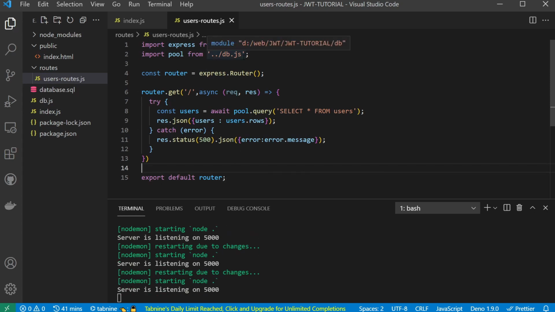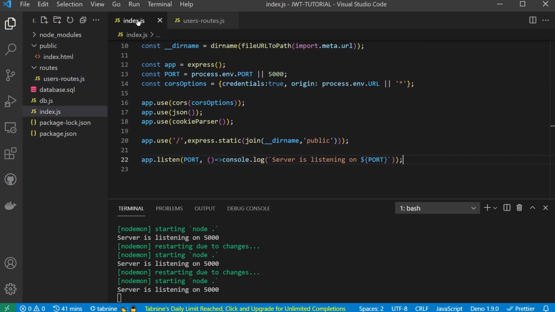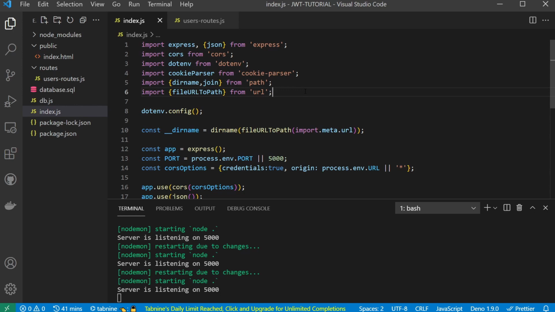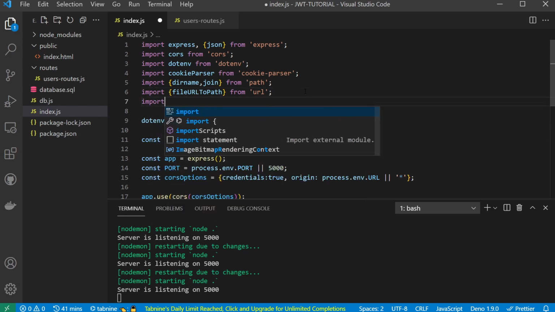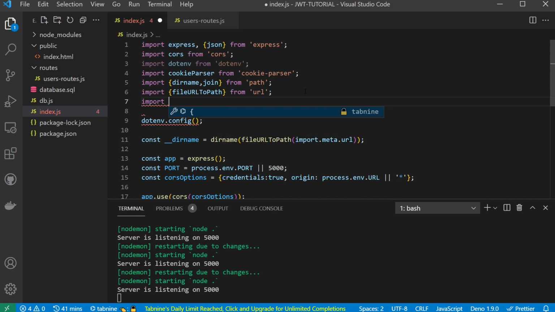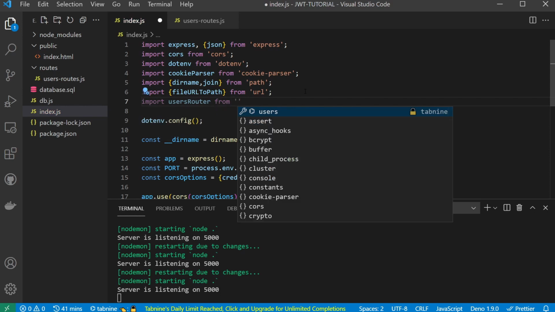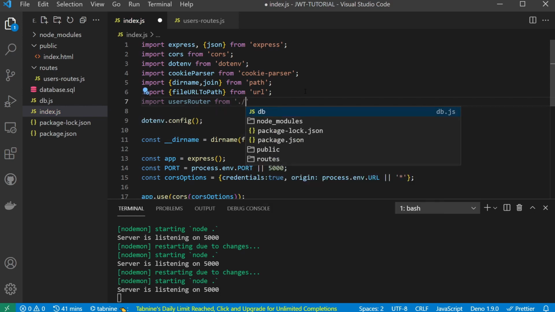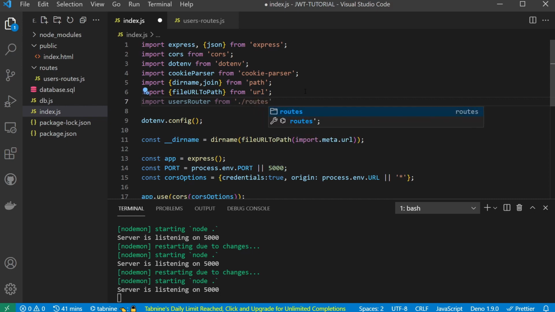And how do we use that router? Well, we come back into index.js, and at the top here we have to import it, obviously. So we do import users router from routes users-routes.js. So that's imported the router,